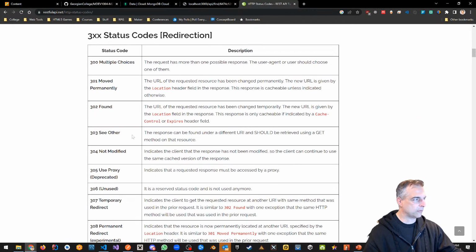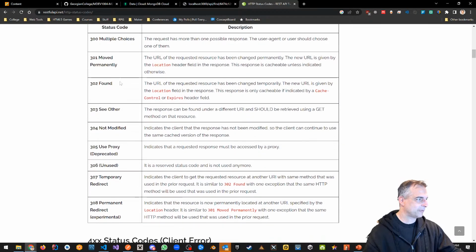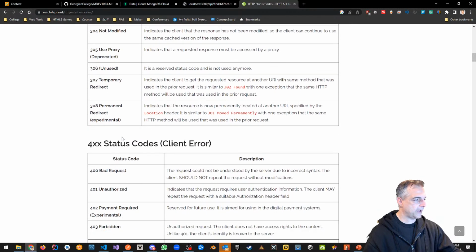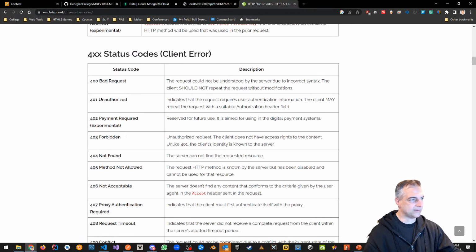There's some other error codes here. 301 moved permanently, 302 found. Okay, so we already have that. 304 not modified, right? And okay, so bad request. We could use a 400. That sounds nice. A bad request, a 400. A 401 we're going to see as an unauthorized. We're going to see that later on when we actually put in the Win API, so the